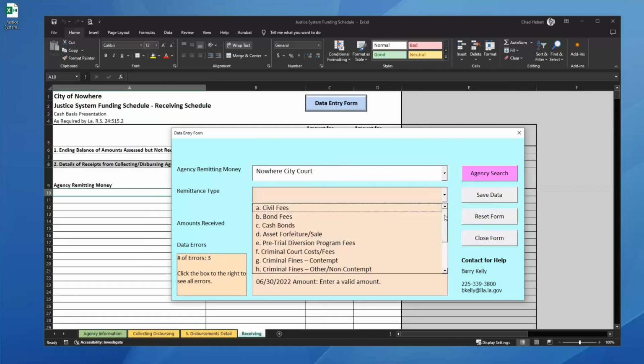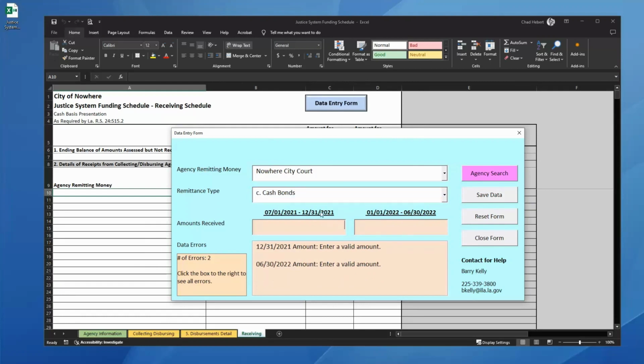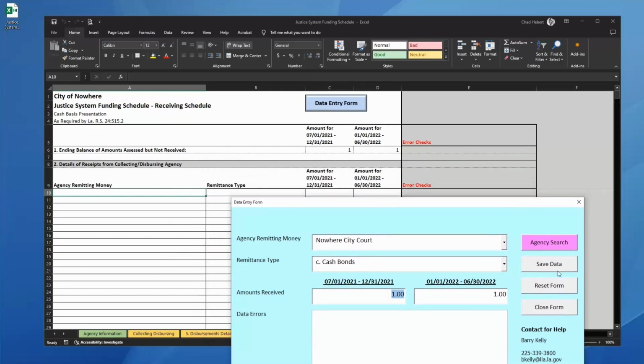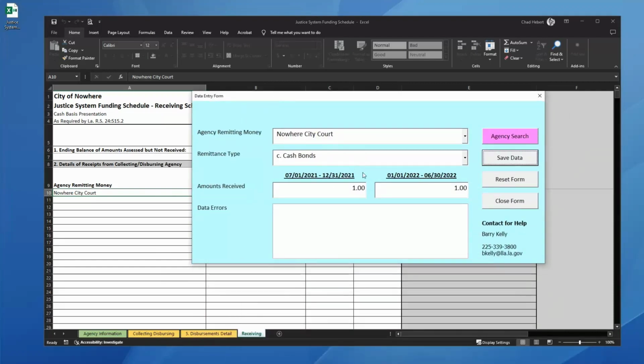And then I'm just going to select a remittance type. We'll say cash bonds. And we'll just put 1 and 1 here, and I'll click save. And it wrote what we put there into the spreadsheet. And let's say I want to erase it. I go back, I click on it, it brings everything up, and I'm just going to click reset form, which means it deletes everything out of all these,